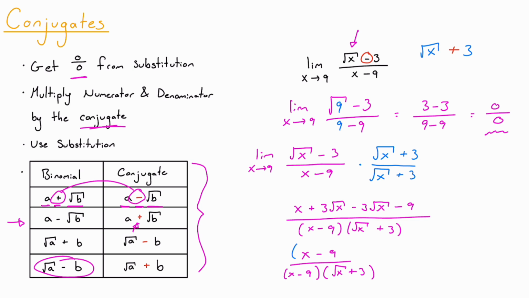We've got x minus 9 in the numerator and the denominator. So we can cancel these out. Those equal 1. And we are left with finding the limit as x approaches 9 of 1 over the square root of x plus 3. So now we can go ahead and plug in our a value, which is 9, and then take the square root plus 3. So this is equal to 1 over 3 plus 3, which is equal to 1 over 6,